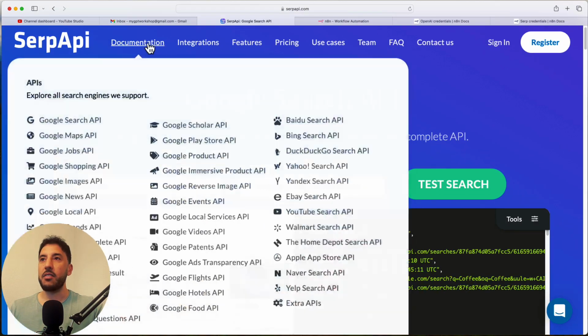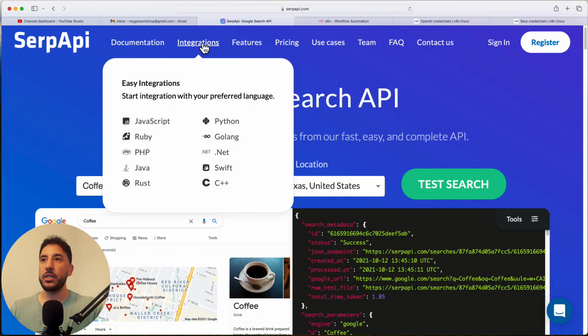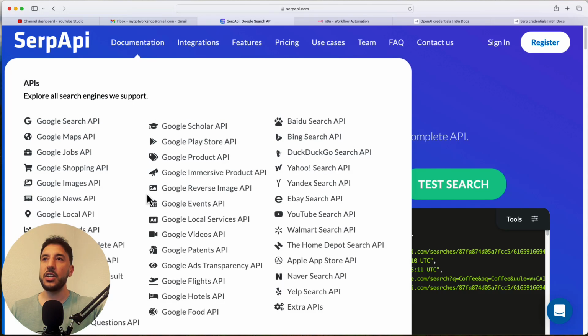As you can see, they have several integrations with several languages, and all of these documentations they have access to. Obviously, most of it is Google related, since Google is the largest search engine in the world, but they also have access to Baidu, Bing, DuckDuckGo, Yahoo, eBay, YouTube, Walmart, I mean, even Home Depot.